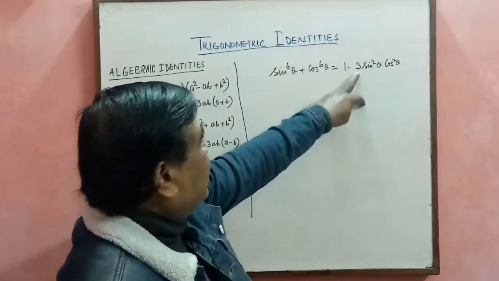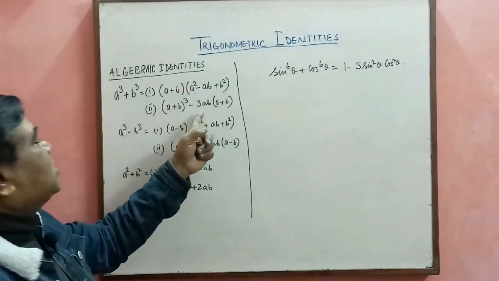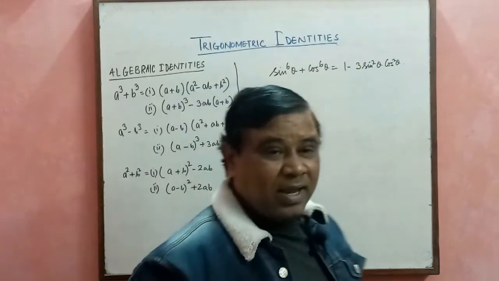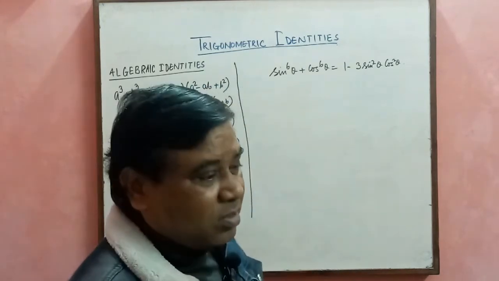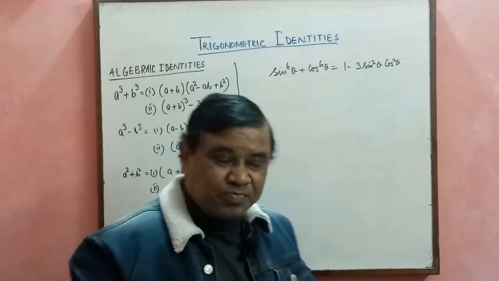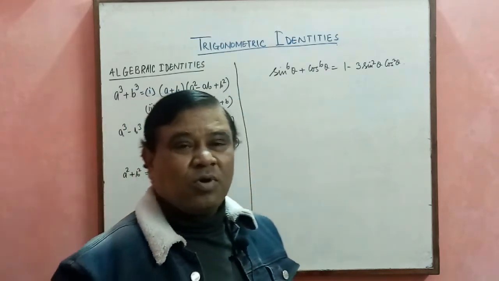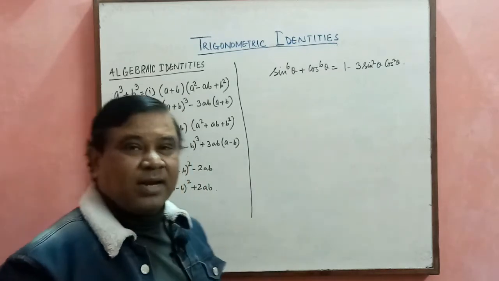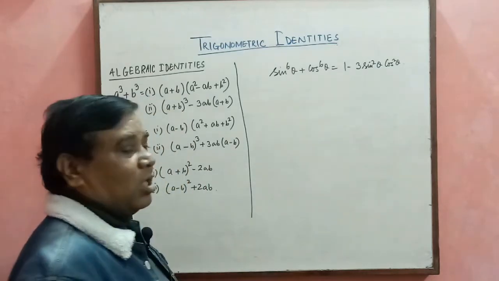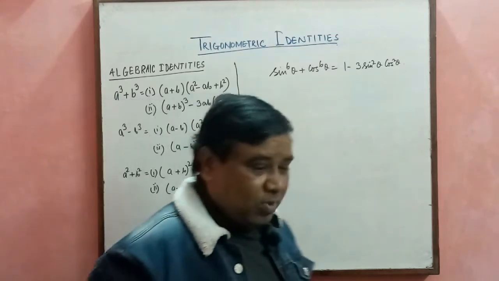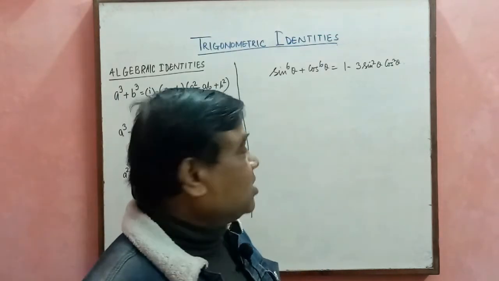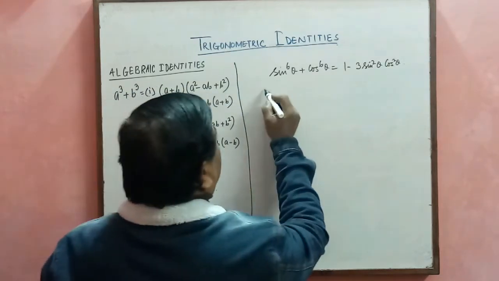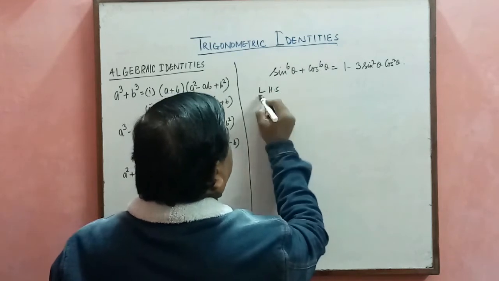So this 3 is indicating that we must use this identity, because in trigonometry we have relations of either 1 degree or 2 degree, not more than these two. We cannot go with cube or 4th degree or 5th degree. We are concerned with square and cube. So in trigonometry, we have square relations, 2 degree relations. So definitely I will change this LHS.